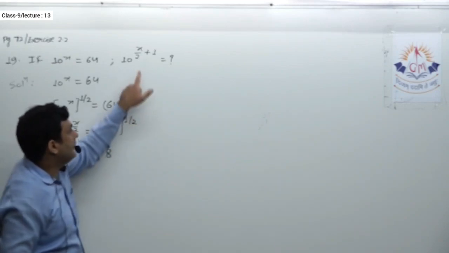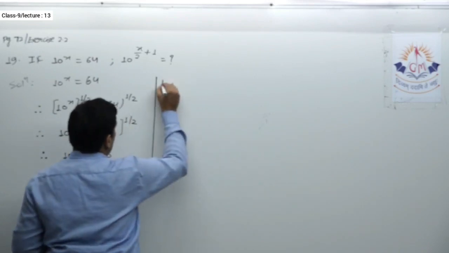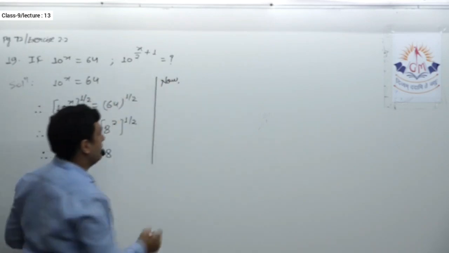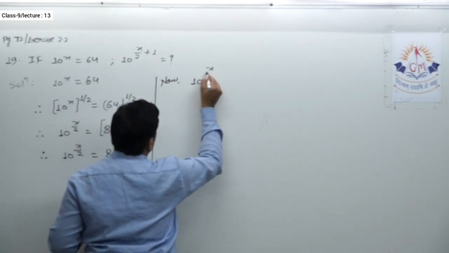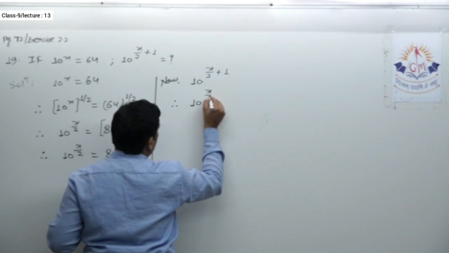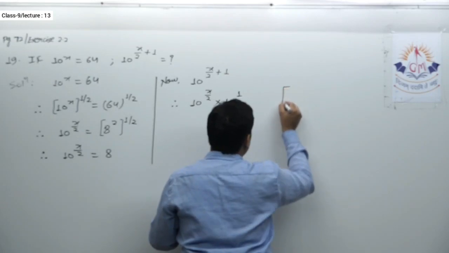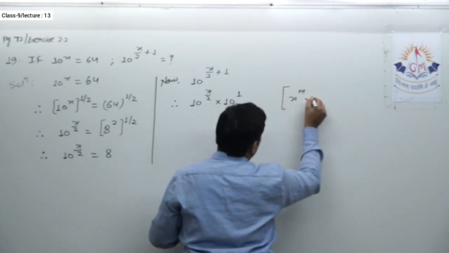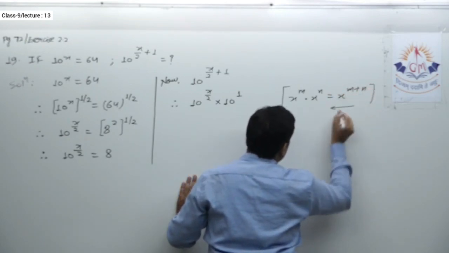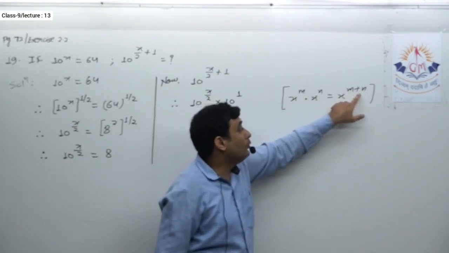Now I'll come to this expression whose value I need to find. I can proceed further to get this, but it is better to start with this. Now 10 raised to x by 2 plus 1 can be written as 10 raised to x by 2 into 10 raised to 1. Why? Using which law? Product law. Product law says x raised to m into x raised to n is equal to x raised to m plus n. If I see it in reverse direction, it is x raised to m plus n, so I can write this, that means base raised to the sum of two powers.